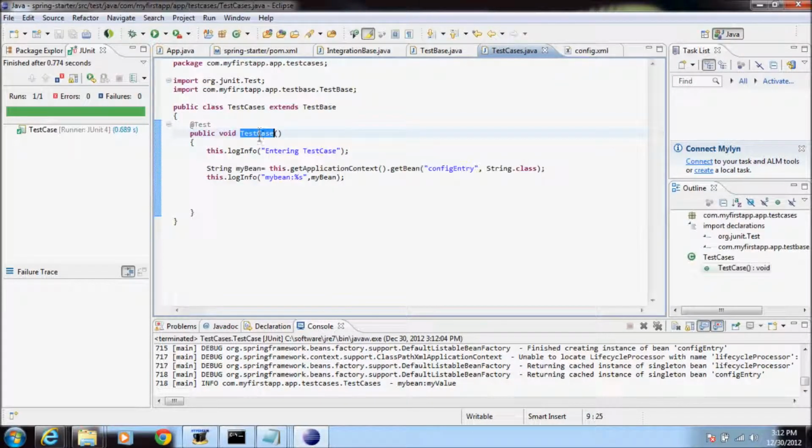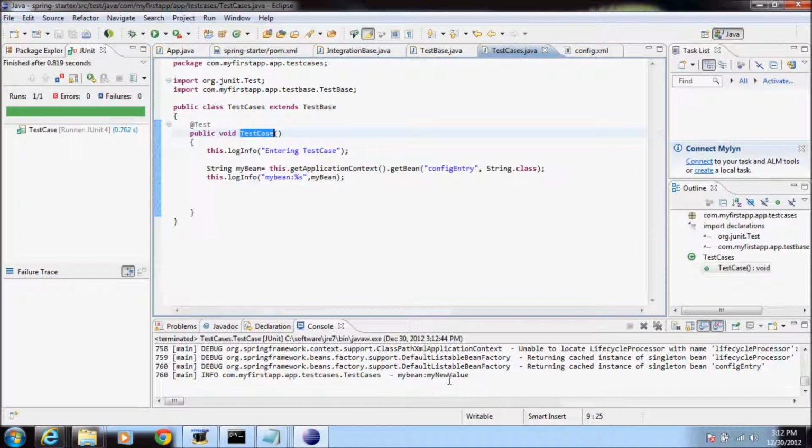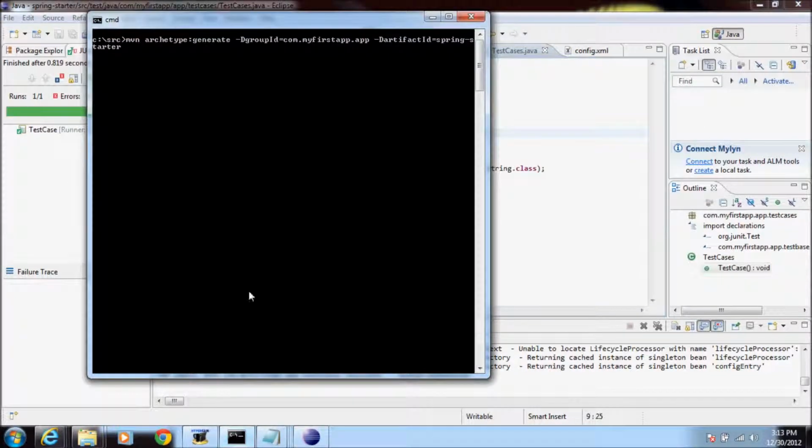Okay, so we change that. So now we have my new value. And then just to also demonstrate